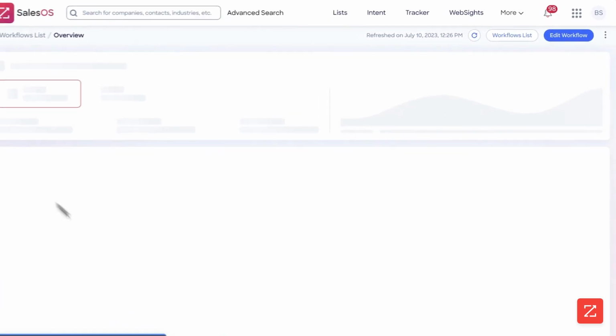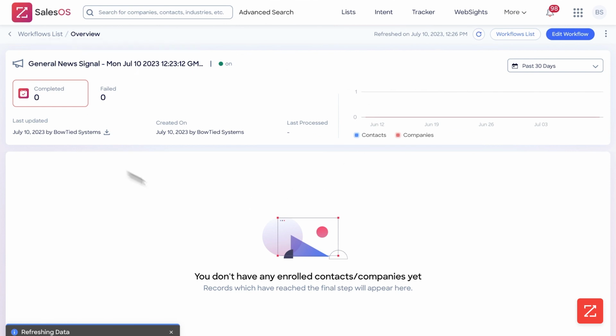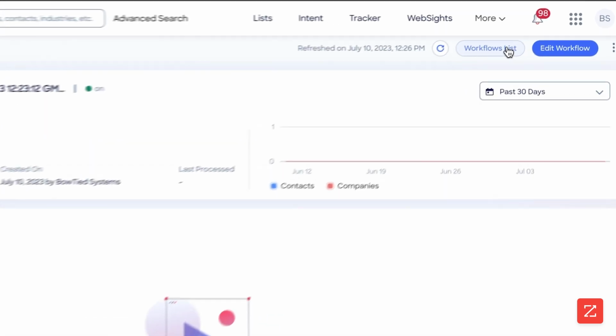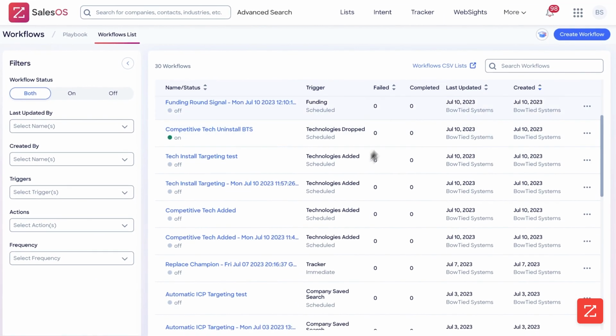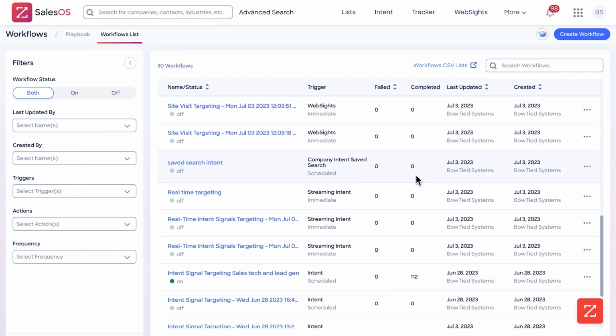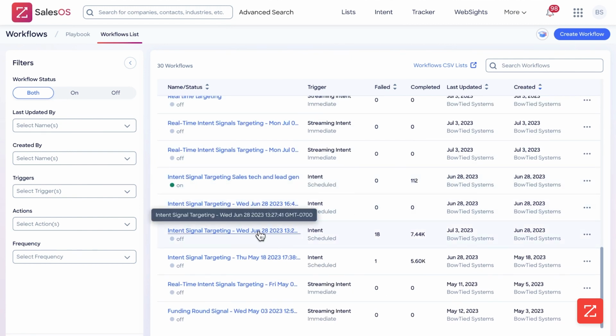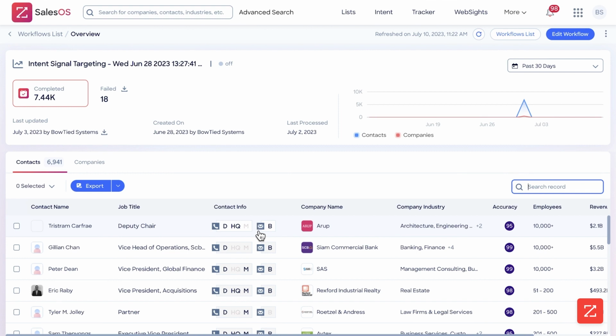Now, if we click close, it's going to bring you to this page. This doesn't have any data because we just set it up, but if it did execute, you'd see it right here. We can find an example by clicking workflow list and then scrolling down and looking under the completed for this one right here. Now, like I said, because I didn't configure it right, and that was on purpose in this case, just to show you what happens, in one day it executed 7.44 thousand tasks. That's 7.44 thousand bulk credits. It's very easy to chew through your entire allotment in one day if you don't set it up correctly. So I could see I got 6,941 contacts and